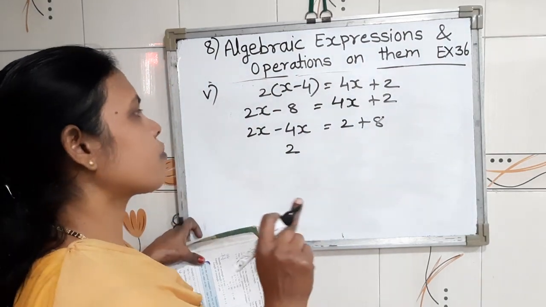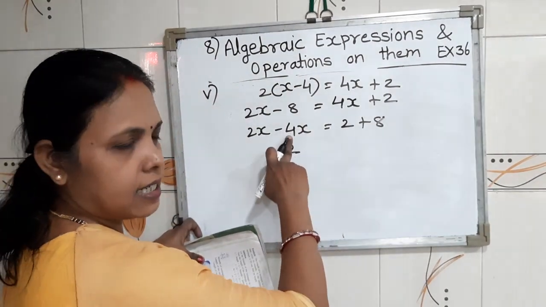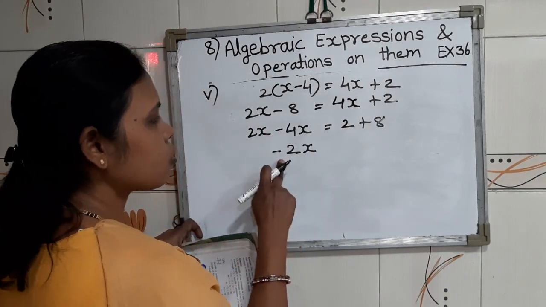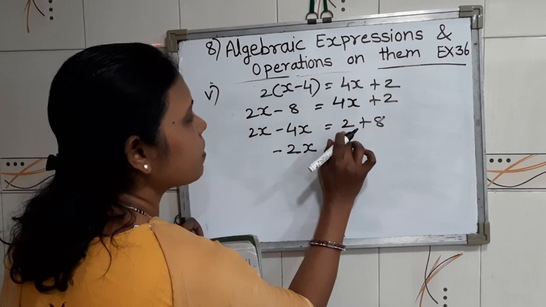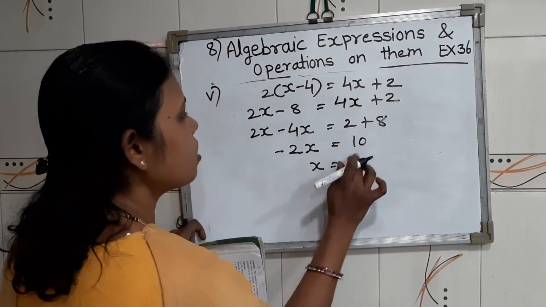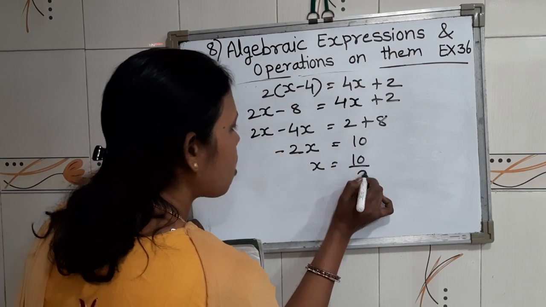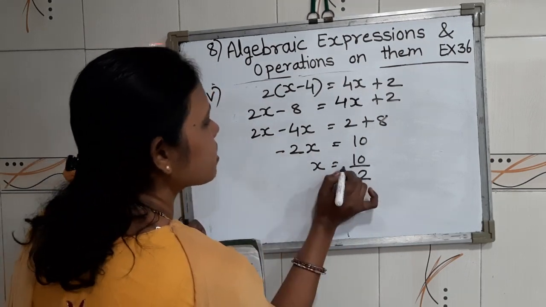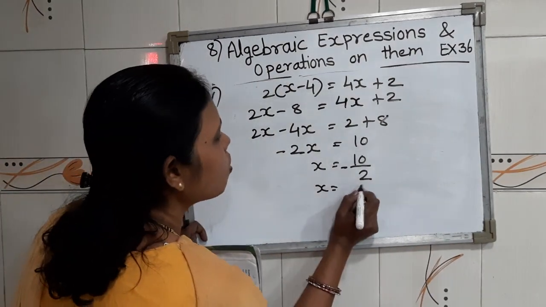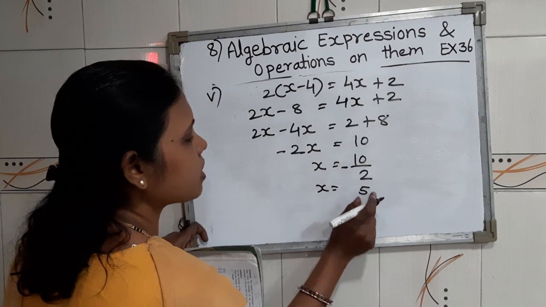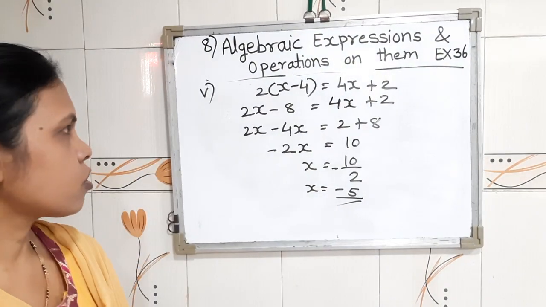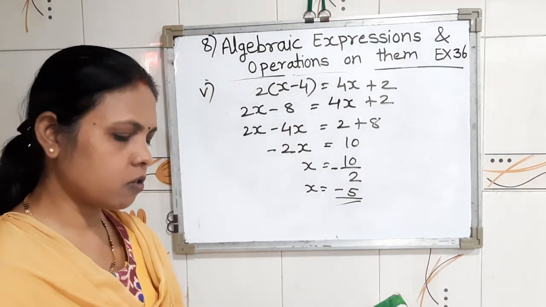Why we are subtracting from 4? Because 4 is greater number and 4 is carrying minus sign. Therefore, with your answer also minus sign. Here 8 plus 2, 10. Next one, x as it is write down. Then here 10 upon 2. And this minus sign also take in right hand side. x equal to 2 5s are 10. Answer is 5 and minus sign. Therefore, the answer of question number 5th, x value is minus 5.